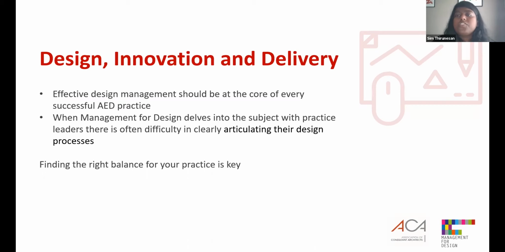However, business leaders do find it hard to explain and articulate the process, or at least struggle with a consistent response through the studio. This is often because architects are creatives and they consider management as somewhat counterintuitive or counter to design innovation, and don't necessarily embrace management or even design management. However, effective design management finds a balance between creative freedom and management systems, and your process shouldn't be onerous and should allow for flexibility.